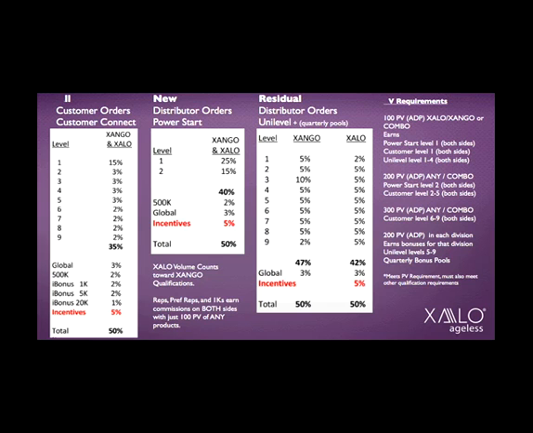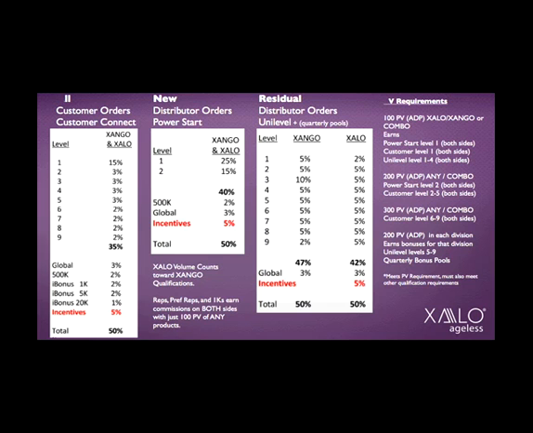It'll also qualify you for all your customers' Power Starts, your personals, on both sides, whether they're XANGO customer or XALO customer. So 100 points will allow someone to get started and earn on all their own customers, all their own new distributors, and up to 4 levels of compensation on the residual side. Now, as you're sponsoring people who are also sponsoring customers of their own, and they're sponsoring distributors of their own, and you want that 2nd level customer payout, you want the 2nd level distributor Power Start payout, you bump up to 200. 200 points, and this 100 and 200 is any combination of products.